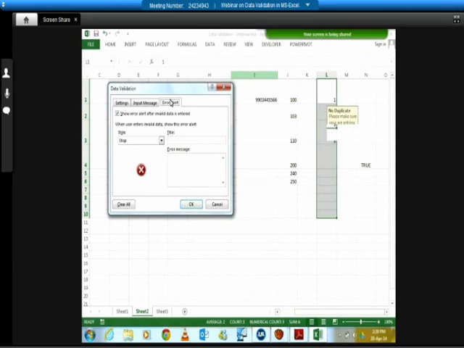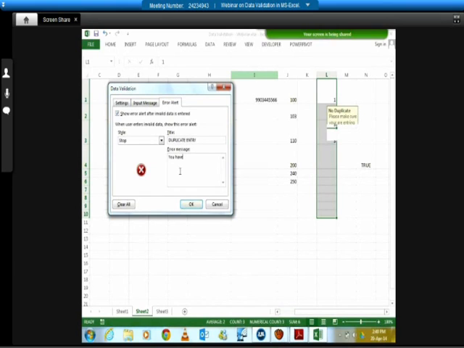I specify this as the error which needs to be prompted to the user. So I have an input box which says I should not be entering a duplicate entry, and let's say I miss that and still enter a duplicate, my error alert also reminds me that I'm entering something which is a duplicate. So I can retry and put a number which is not a duplicate.